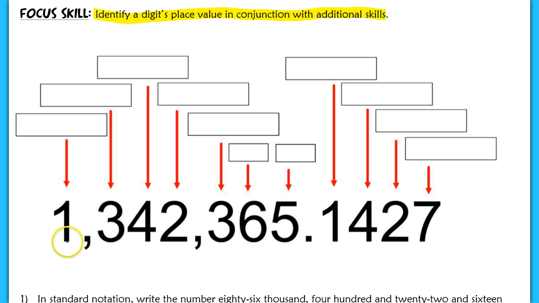Now I would read this as 1,342,365. This decimal here would be read as 1,427 thousandths. It's kind of hard to say, but there's actually a TH at the end of what I'm saying. So let's go through and just go through the place values. I want you to write this down on your note sheet. Make sure you keep this in a safe place because this is something you're going to refer to quite often